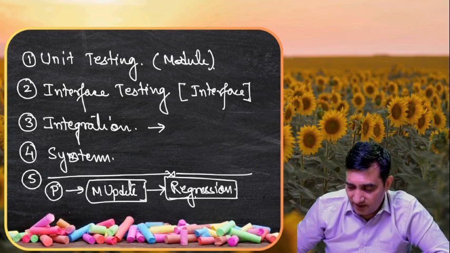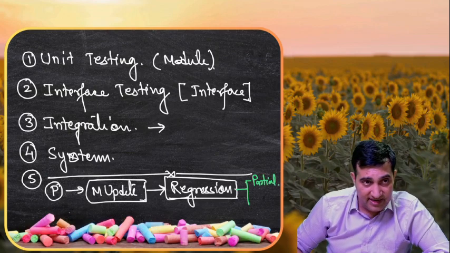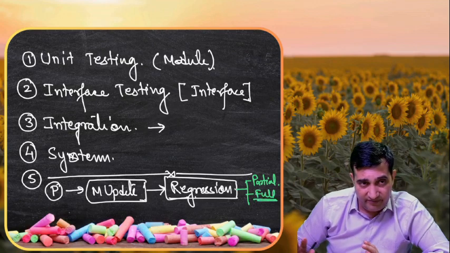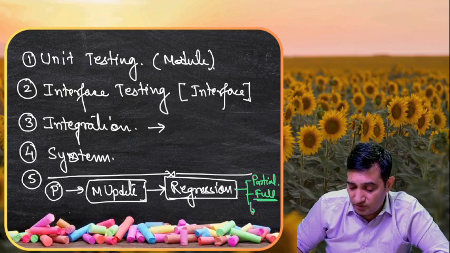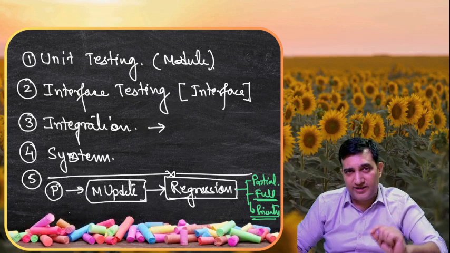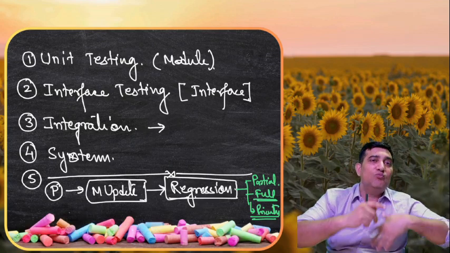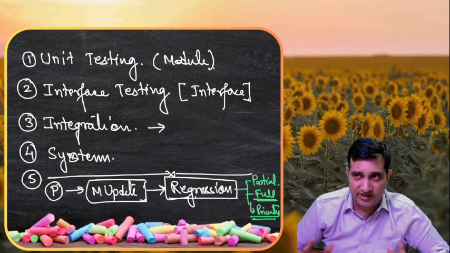Now while testing these kinds of regression test use cases, sometimes we go with a partial approach because time is less and you want to partially test the particular code. You can also go with full because something is very, very critical, you don't want to take chances, or sometimes you can also take a prioritized approach. For example, let's say only one module has undergone changes, so you only test that particular module, so it's more of a prioritized approach. Or maybe a risk based approach, where the risk is high you test it more.